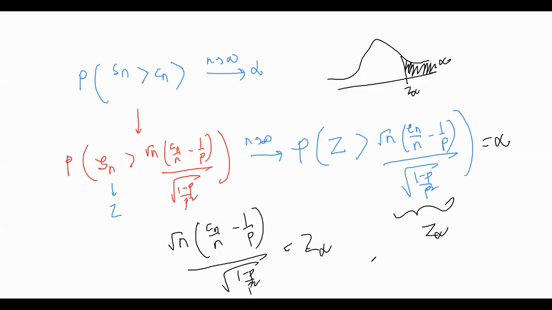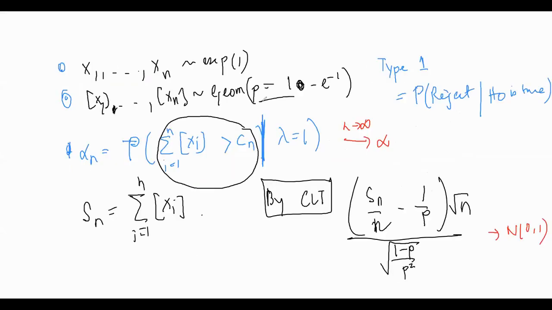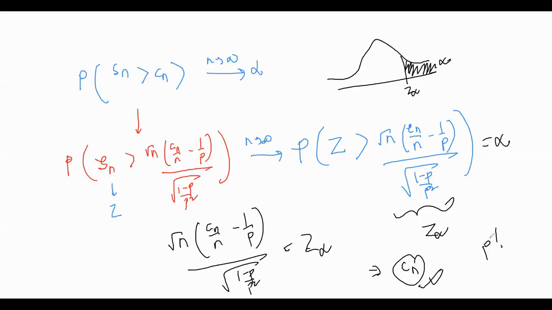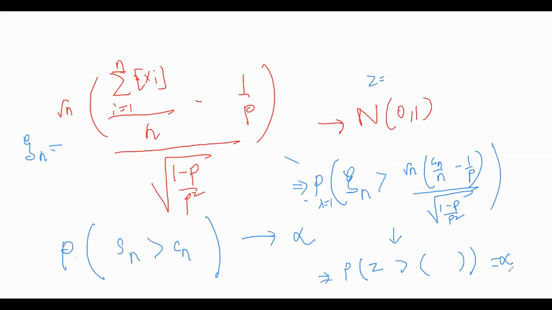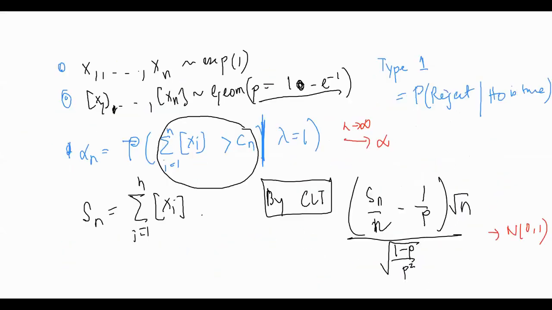Now this is a linear equation. From here you can actually calculate the Cn, okay? And in fact you have to put the value of p that you have got over here, not the p-value. So therefore we have got Cn by this method. This is the basic idea of Cn. And what we have used is the exponential, geometric and the central limit theorem together. This is a really beautiful problem.